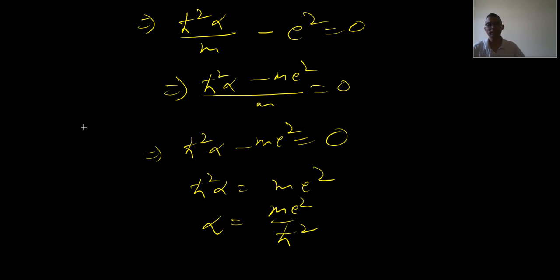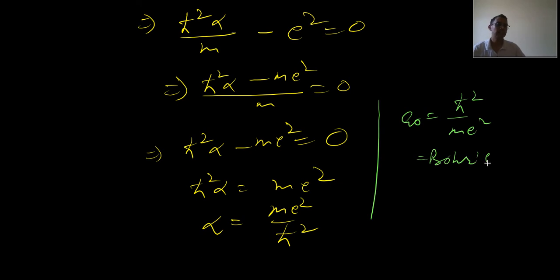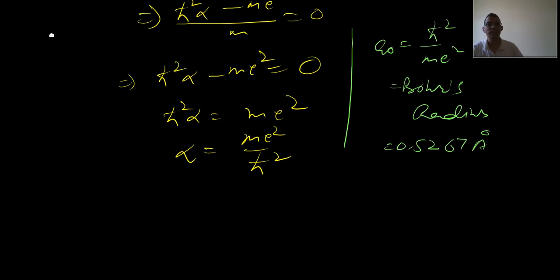Also, let us recall a very interesting result: as we know, a₀ is equal to ħ²/me². This is basically Bohr's radius and its value is 0.5267 angstrom. So if I use this value, I can conclude from these two results that alpha is equal to me²/ħ², or it can be written as 1/a₀. Therefore,